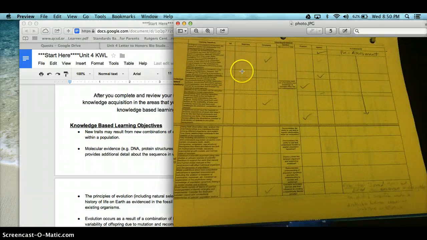So you can see on our standards-based grading form, we have the knowledge-based learning objectives at the top here, and our skills-based learning objectives, which are really the focus of the class. Those are the verbs. What do we want the students to be able to do with the information now that they have it? So you can see we check off based on their pre-assessment their current level of understanding, because